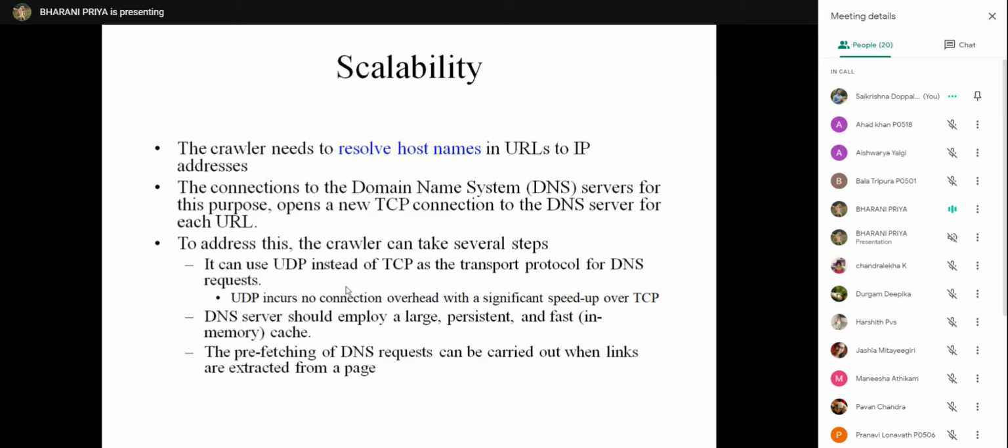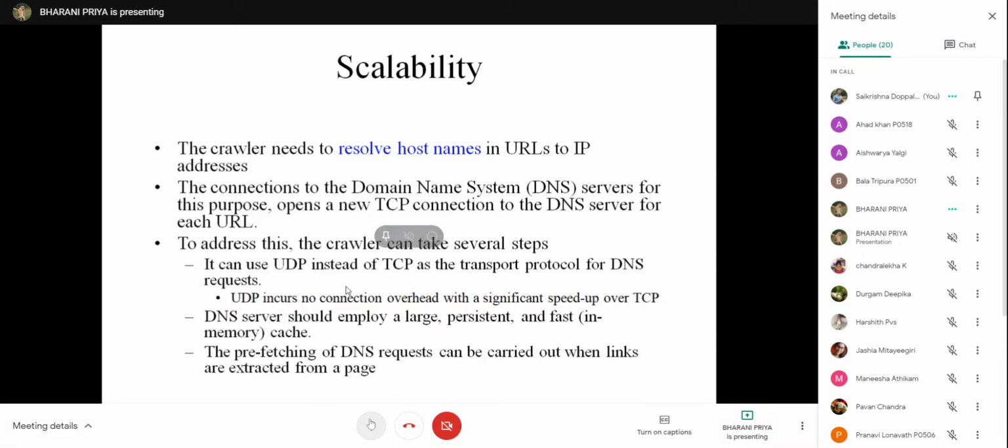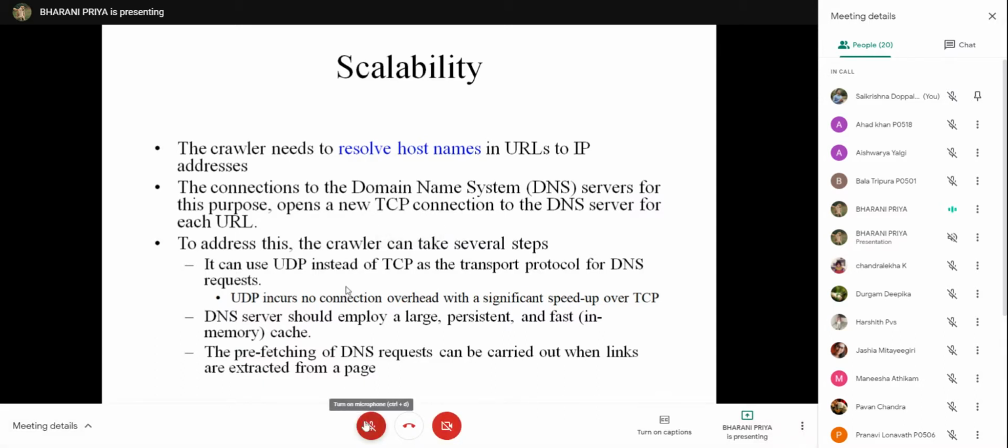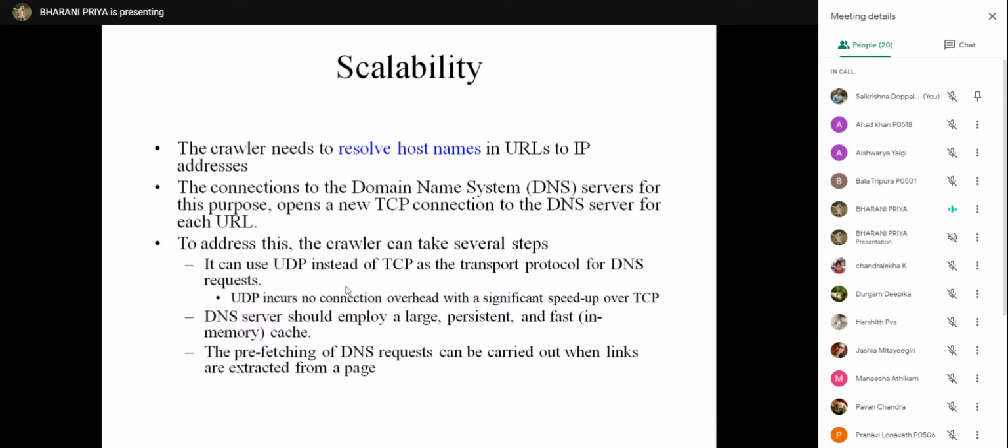In UDP, for example, some files may be missed. UDP is used for transmission of video or audio.